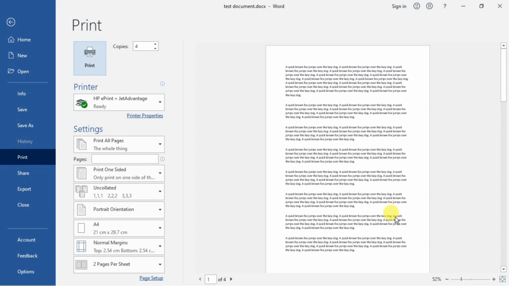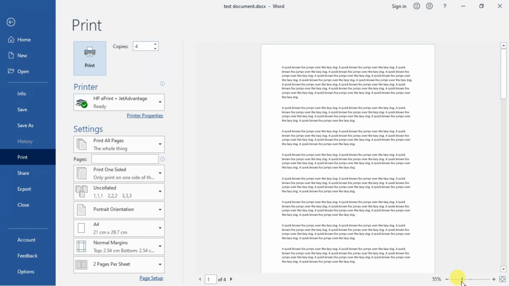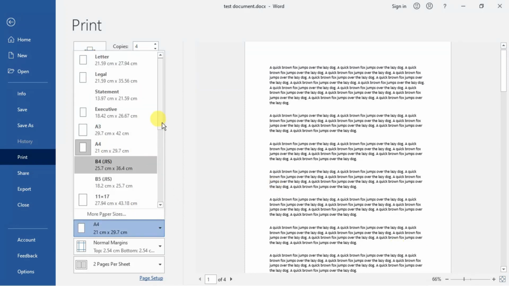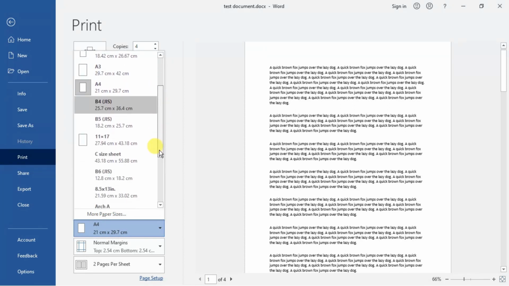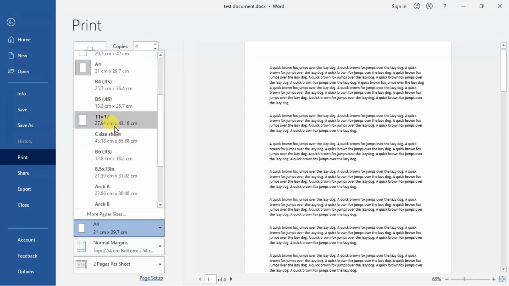In this window, you can see one important option called the zoom slider. You can make it bigger and you can make it smaller as well. This is called the zoom slider in the preview box. Whenever you need to increase or decrease, you can use this zoom slider. Here the different page measurements are given. You can take paper sizes of your own. You can manually measure with the help of a scale what the paper size is. Otherwise, if you choose any one of them, you have to have that kind of paper.